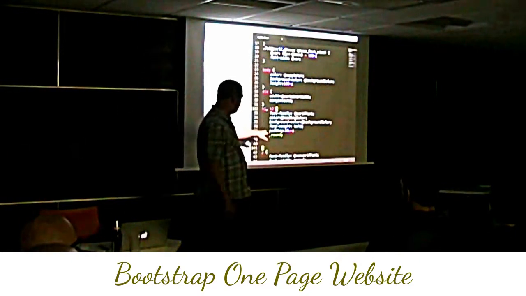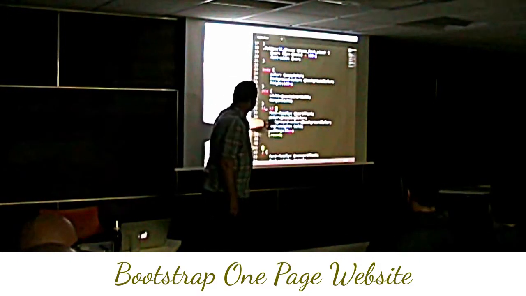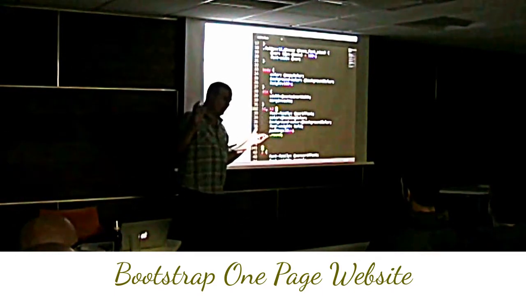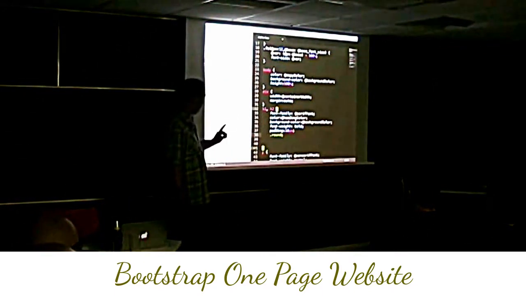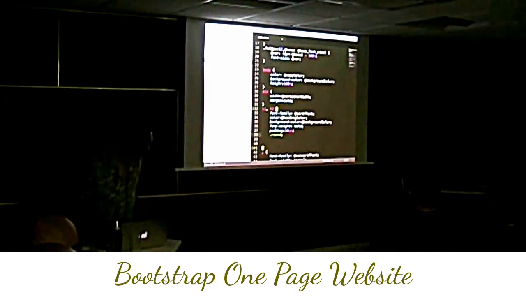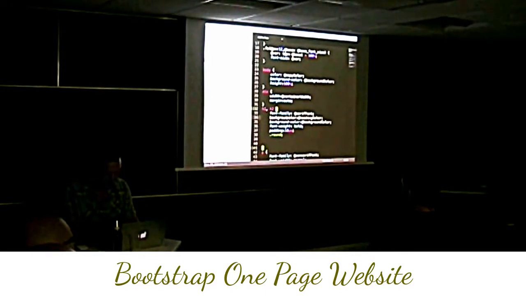What this mixin here does is add rounded corners. If I put rounded corners on a white background, you're not going to see that. So what we're going to do is make the background colour be the colour. So now we're going to have white text on a red background,